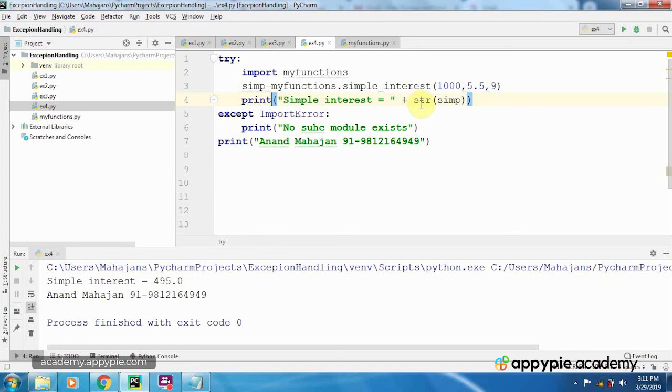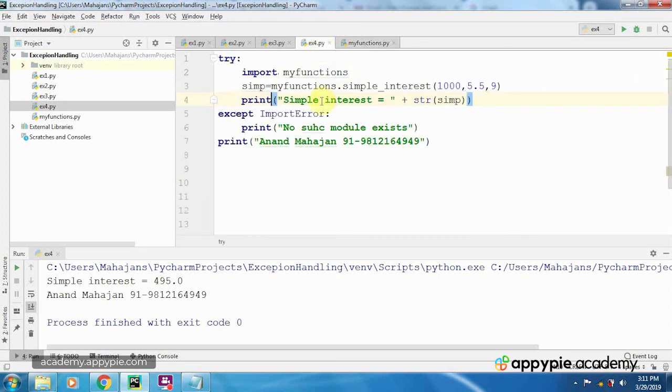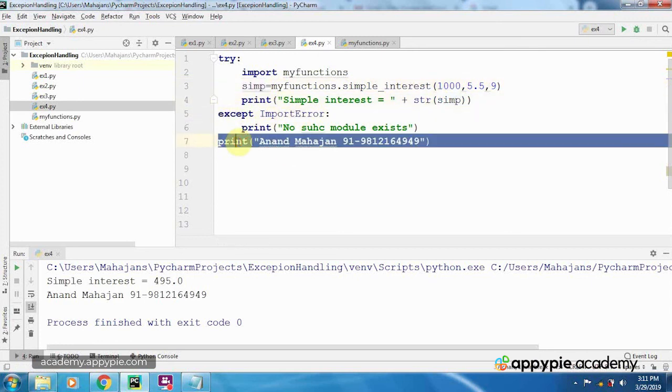The function was called, values were passed, and simple interest was calculated and returned back. That got stored into SIMP. We got the value of SIMP printed on the screen, and control did not go to except, but it went to this common statement, Anand Mahajan and telephone number.